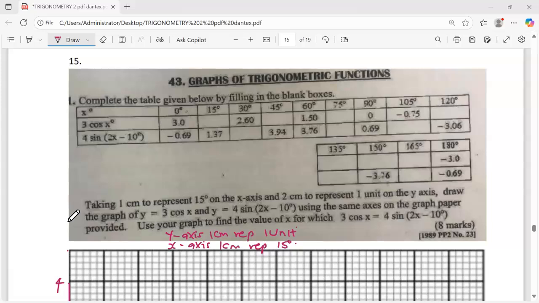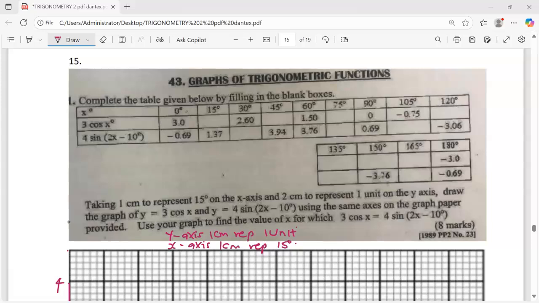We are presenting a question that was done in KCSE 1989 paper 2 number 13, and the question reads: complete the table given below by filling in the blank boxes. We have the values of x between 0 and 180 degrees. We have y is equal to 3 cos x and 4 sin 2x minus 10. We are going to begin with the first one, that is y is equal to 3 cos x and x